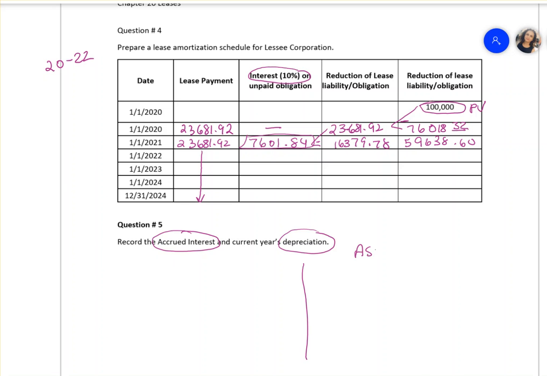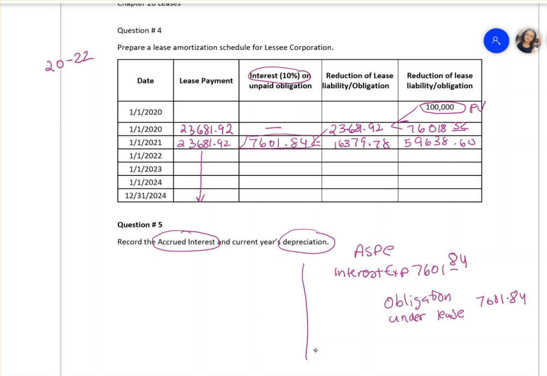Let's do ASPE first. We're recording an interest expense, so you debit the interest expense, that will be 7,601.84, and then credit, since it's an obligation, your obligation will increase. You have an obligation under lease